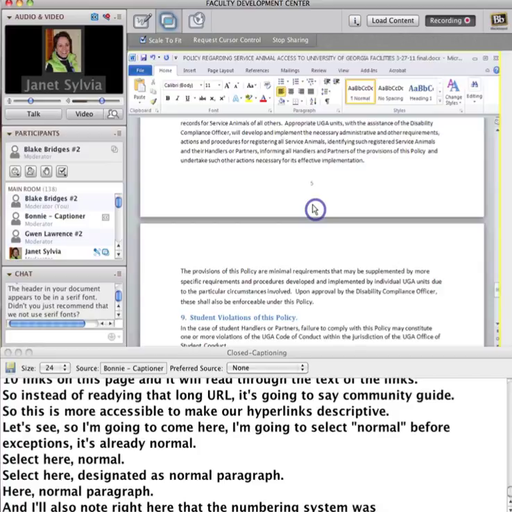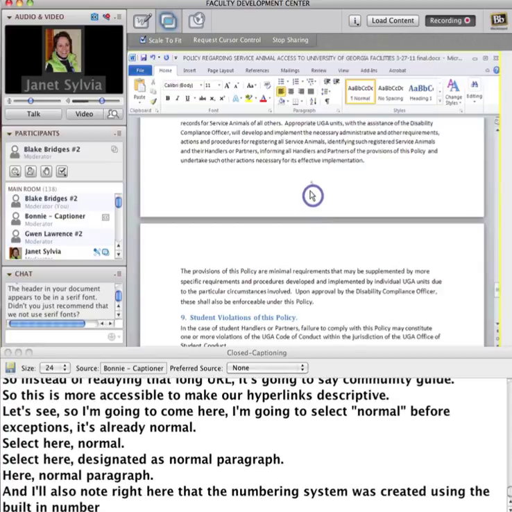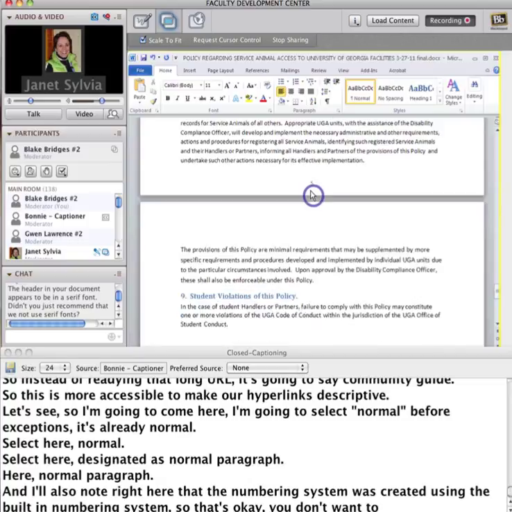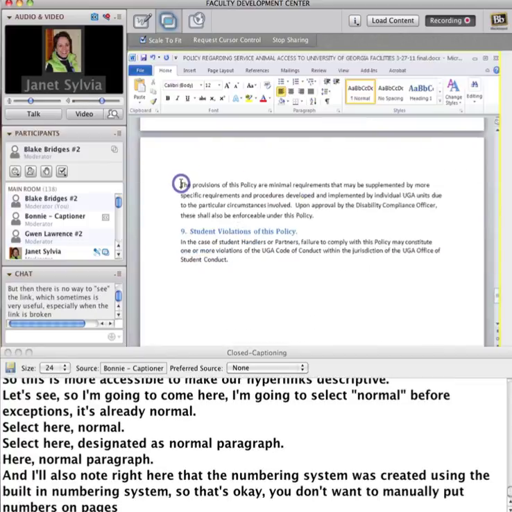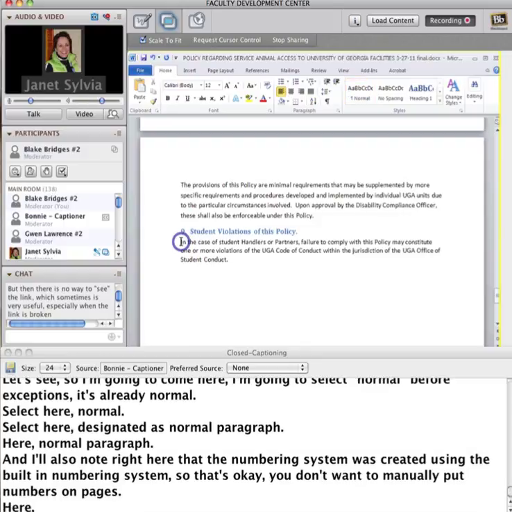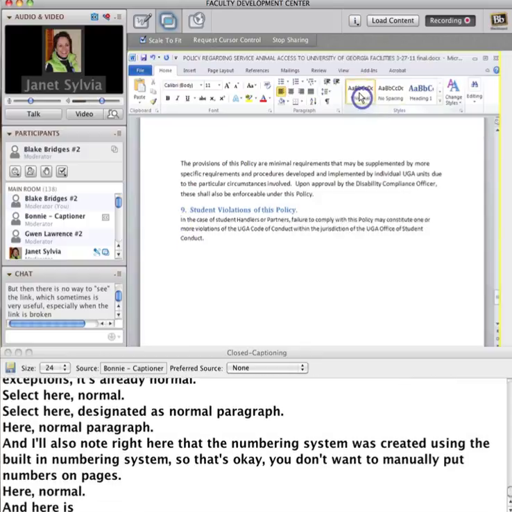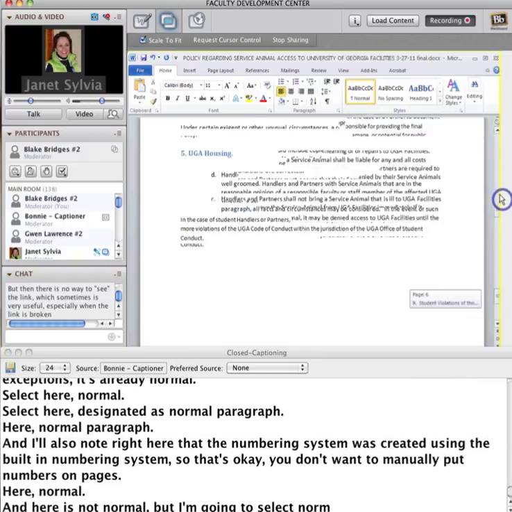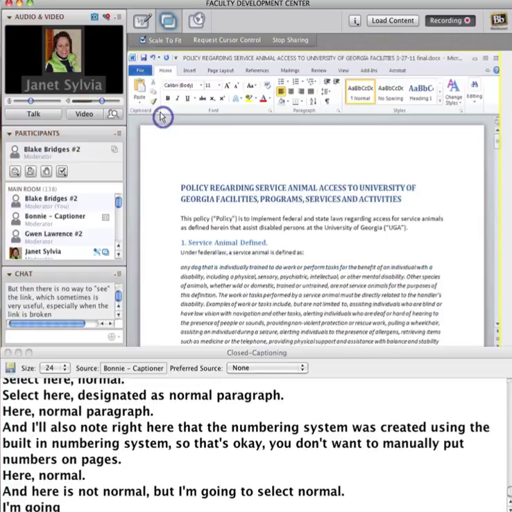created using the built-in numbering system, and so that's okay. You don't want to manually put numbers on pages. Here, normal, and here is not normal, but I'm going to select Normal. I'm going to scroll back to the top of the page, and when we save this document, now we have